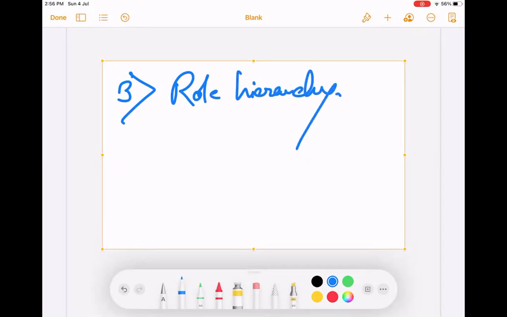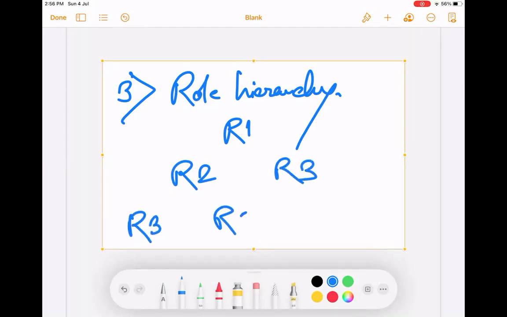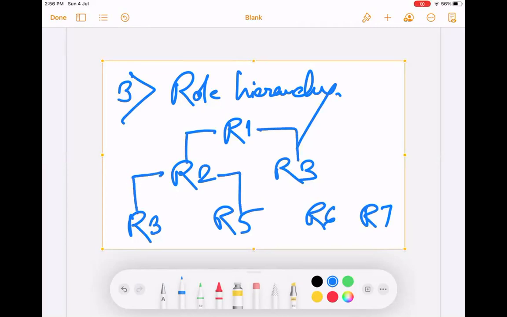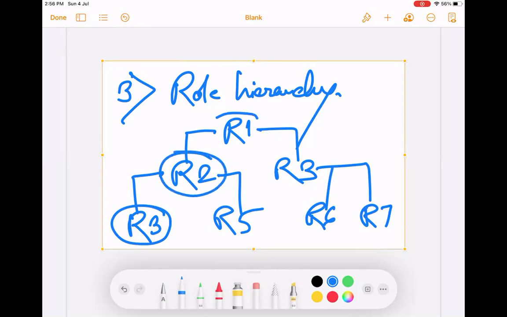We'll discuss this. What does it mean? In your organization, you can create roles. Roles is an optional thing in Salesforce, but you can create roles. And when you create roles, you have to create a hierarchy of roles like this. That means a person with this role is lower than a person with this role. Let's give some actual names so that it is clear.